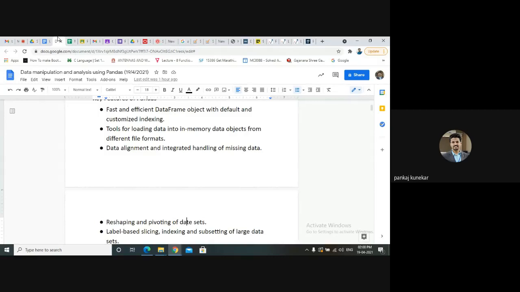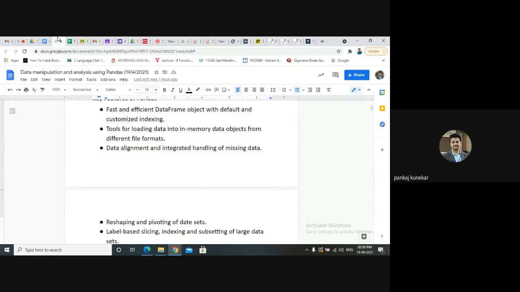It also offers data alignment and integrated handling of missing data. We know that we have millions of data, with multiple rows and columns. Some data may be missing or blank. So we need to handle those missing data also, and that task can be done in pandas.